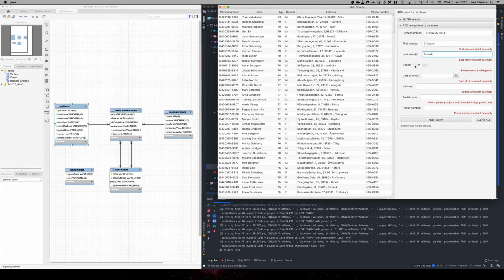let's choose a very famous patient. We can pick the date of birth from this date picker. Let's be accurate. 5th of February. We have to insert a valid Swedish postal code. And now we have successfully created a patient that was added to the database and all the fields were